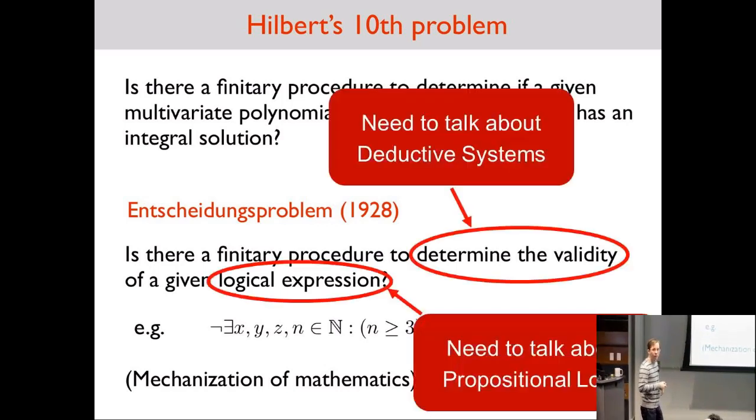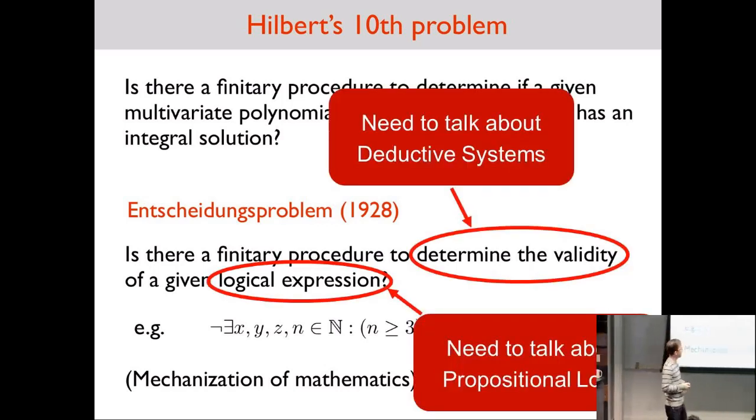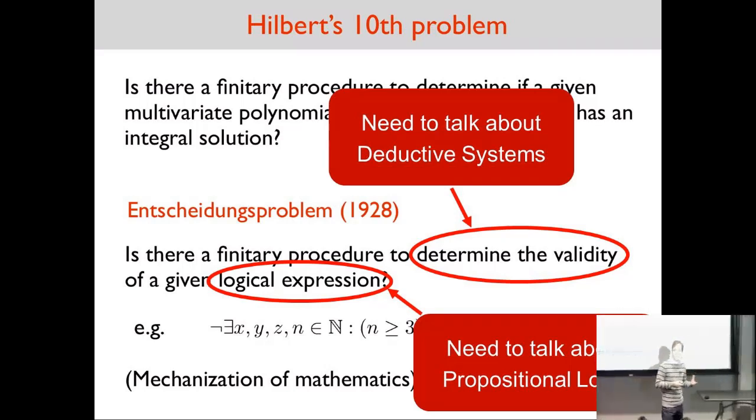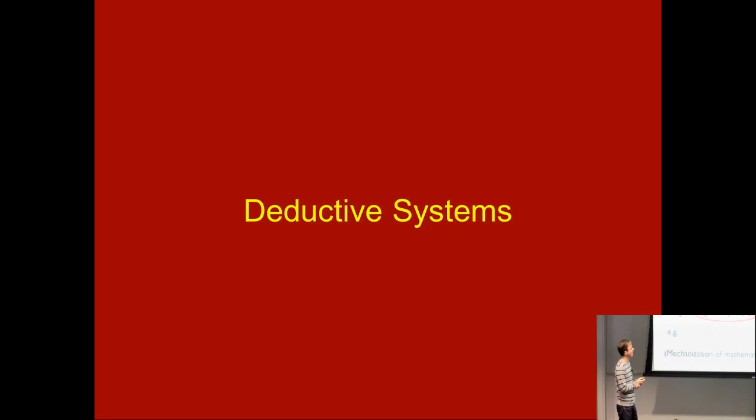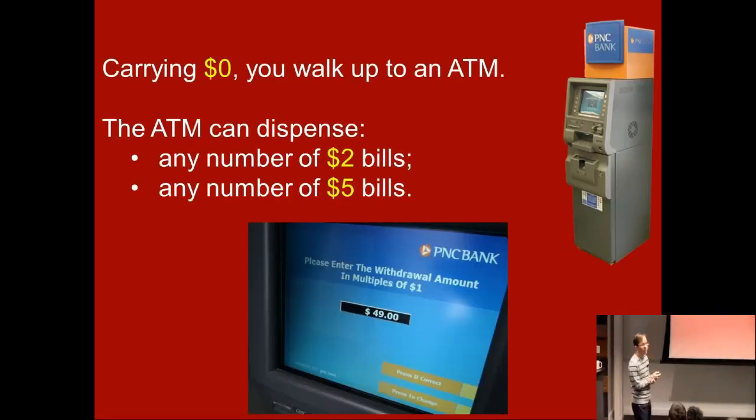But we'd like to think about this problem specifically, because if you take a look at it, one aspect of it is understanding what it means to determine the validity of a formula, or to prove a formula, or to deduce a formula. So because of this part, we're going to need to talk about this notion of deductive systems. And of course, the other part of this sentence talks about logical expressions. So we're going to have to talk about logic. Okay, so these are the two parts of this first lecture today. Okay, so let us start with deductive systems. So I'll explain what I mean by this with an example.